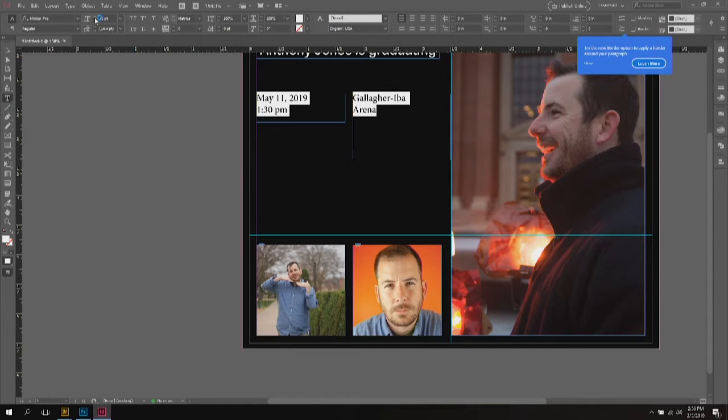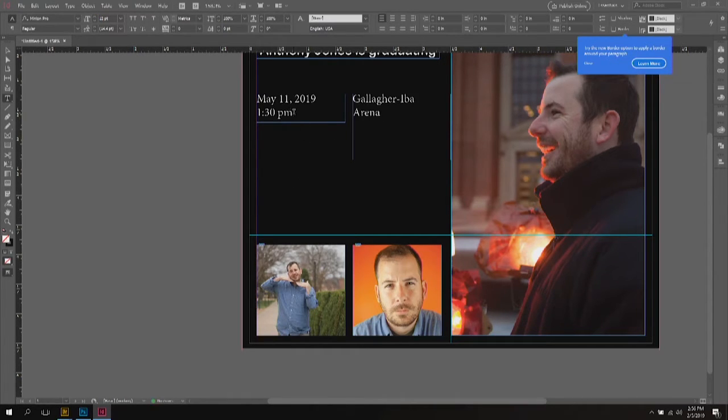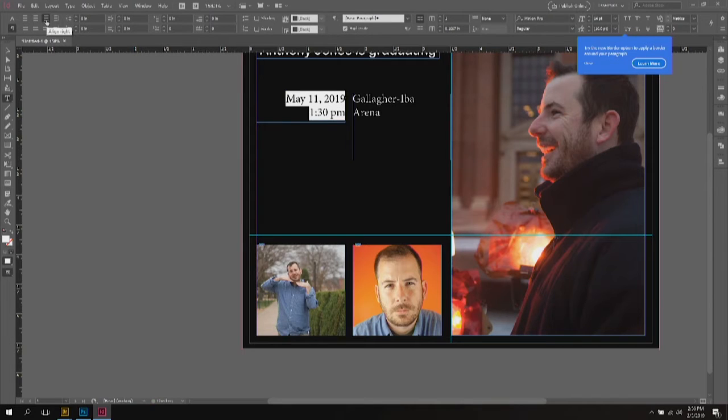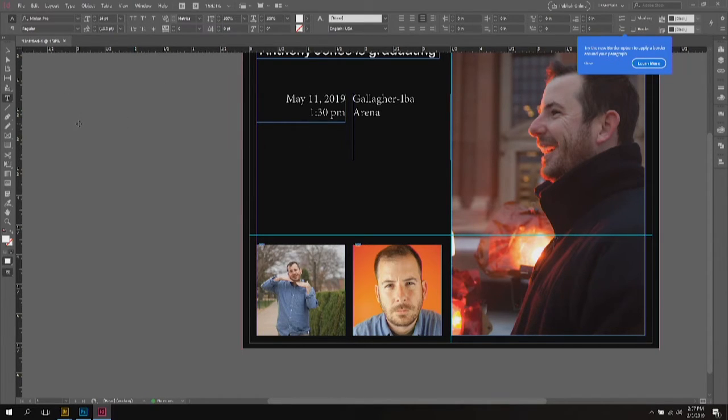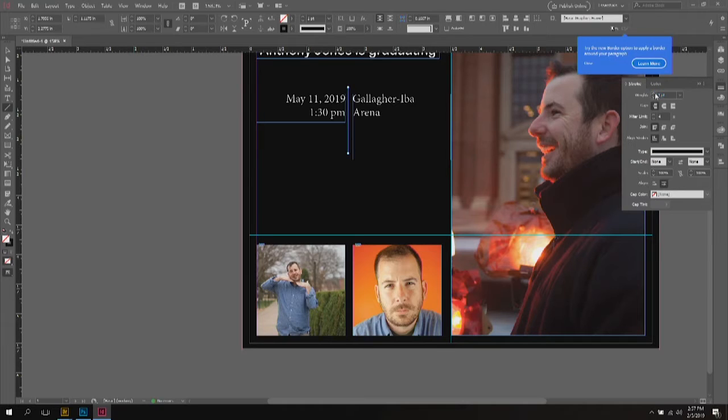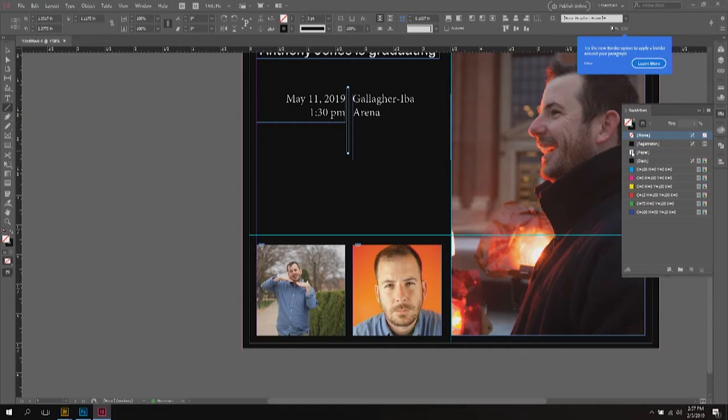And I'm going to make those a little bit bigger. There we go. And I want these to line up next to each other, so I'm just going to grab my May 11th date, change the justification on that, and then I'm going to put a little bar between them. So I'm going to grab my line tool. I'm just going to eyeball it for now, and I'm going to hold the shift key down while I do this, and that makes sure that my line is perfectly straight up and down, that it doesn't get just a little bit jaggedy. I got my line tool over here, and I can come up and I can make my line a little bit thicker,